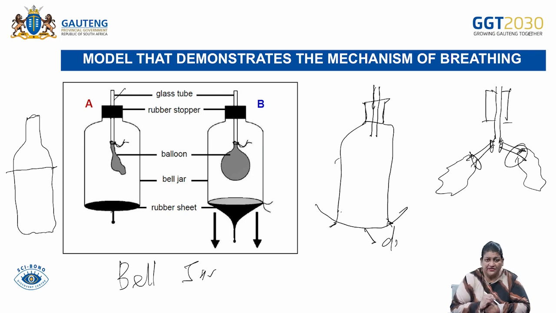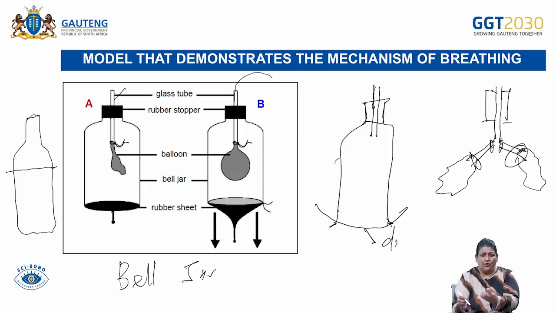You can see the balloon is very tight. So now what you can do is, when you press this little rubber sheet or plastic upwards, you press it up because the diaphragm moves upwards. You find that air is going to be forced out, and then your lungs become deflated. Then you pull the rubber sheet down, okay? When you pull it down, it means the volume, top-down volume space, is increasing. And then air is going to move through your glass tube, which is your trachea, through there, through your bronchus,